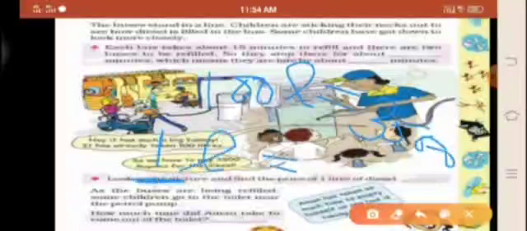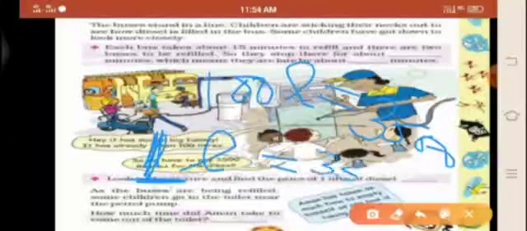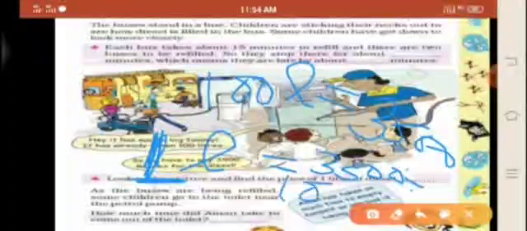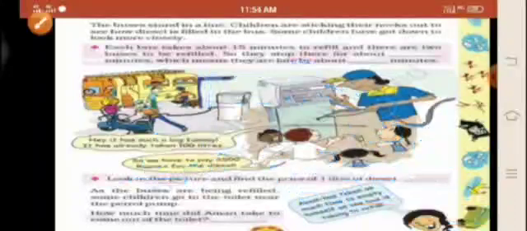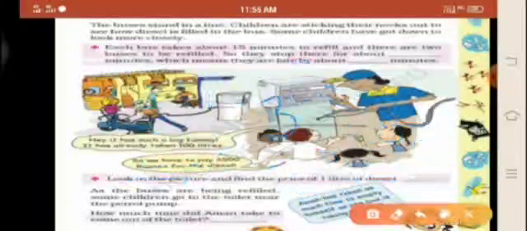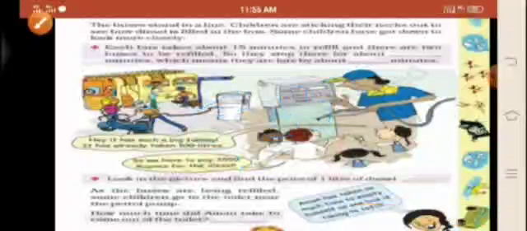1 liter is very less and 100 is more. For 1 liter, we will do division. 3,500 we will divide by 100. We will not multiply. If we multiply, its answer will be so big. So for 1 liter, we do division. For less, we do division. So what will be our answer? That is rupees 35. Is it clear? Okay.